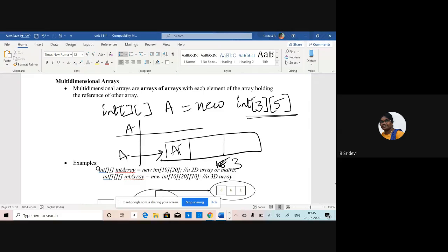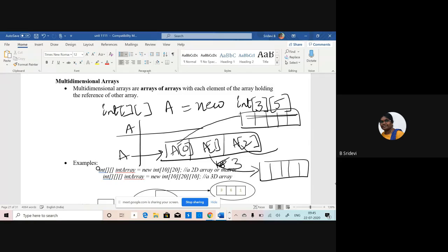This is A of 0, A of 1, A of 2. A of 0 points to a single dimensional array which has 5 elements, this points to a single dimensional array which has 5 elements, and this points to a single dimensional array with 5 elements. That means you are storing 3 single dimensional arrays whose size is 5.